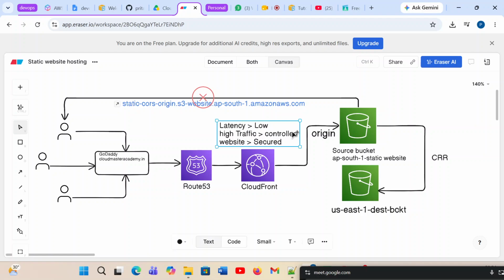Our latency will be low. High traffic can be controlled, and the website must be secure. That means the URL we are going to get from CloudFront is an HTTPS URL